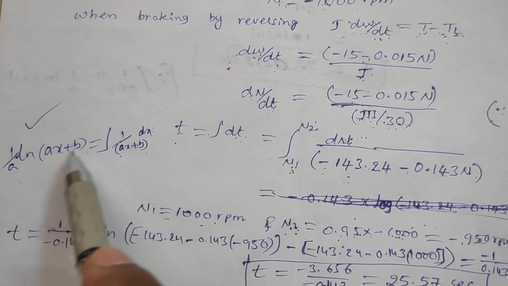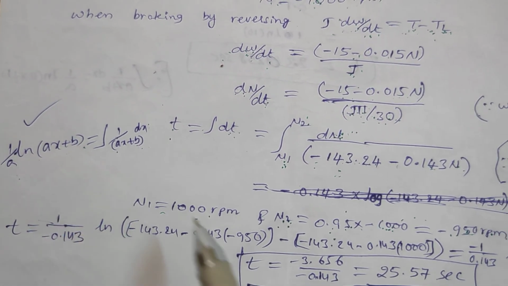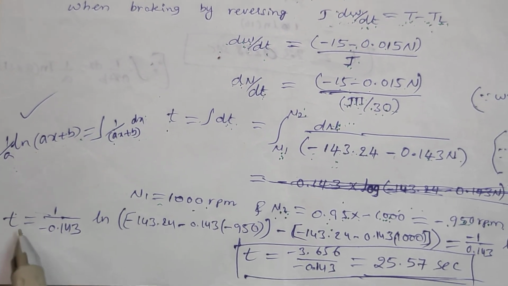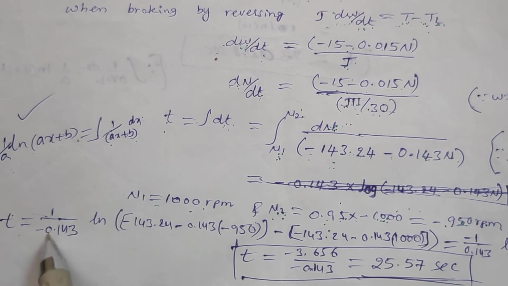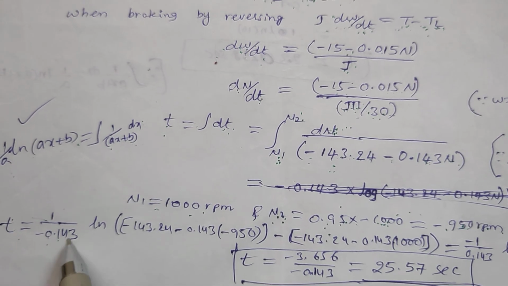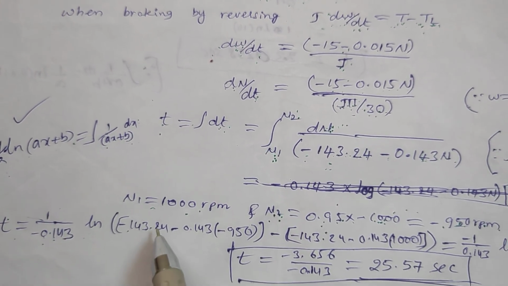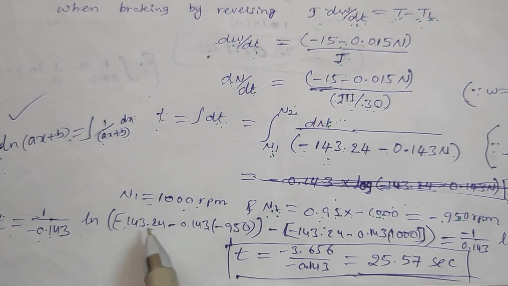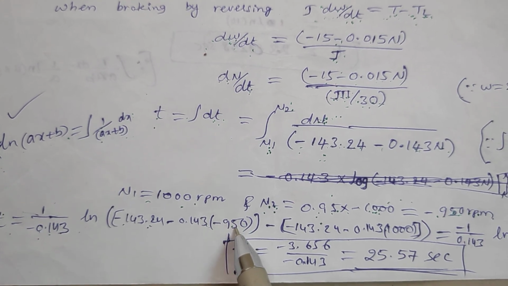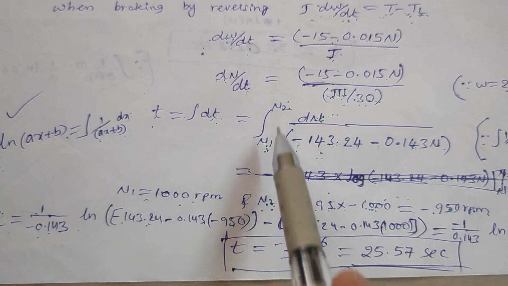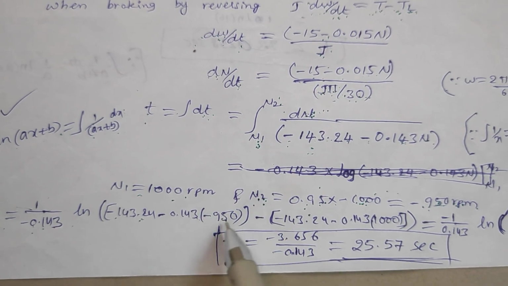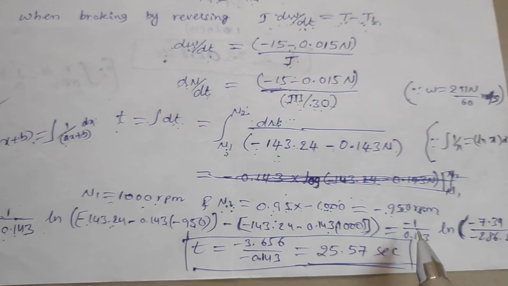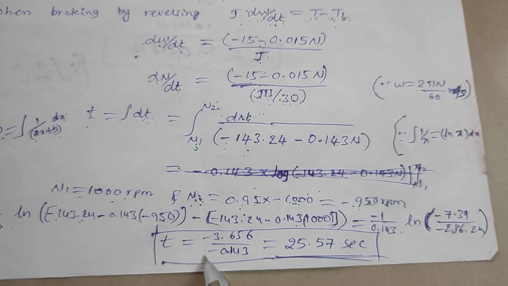So 1 by a is the coefficient of n, 1 by minus 0.0143, ln of ax plus b. Now I can substitute the limits: n2 is minus 950, n1 is 1000. By substituting those limits in this equation,